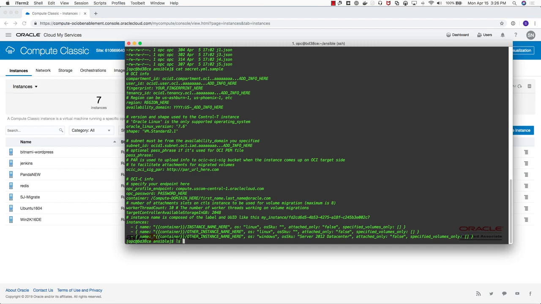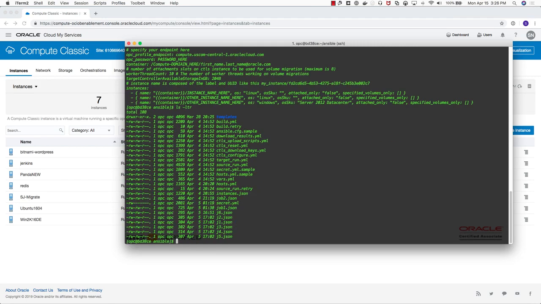So that was secret.yaml.sample. I have created a secret.yaml from that file, but I won't be showing it to you because it has sensitive information. And I have also used the JSON file that I created, and I have created multiple instances JSON files for specifying the jobs. In today's demo, I will just use the